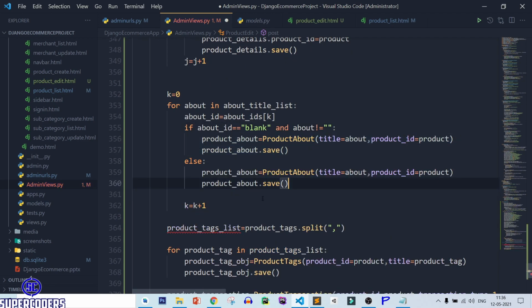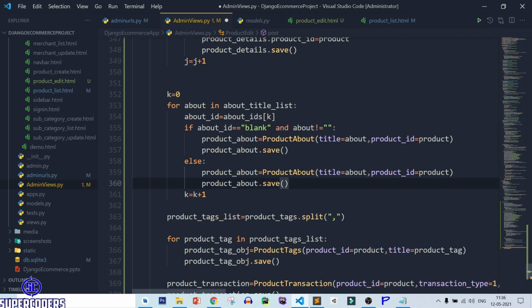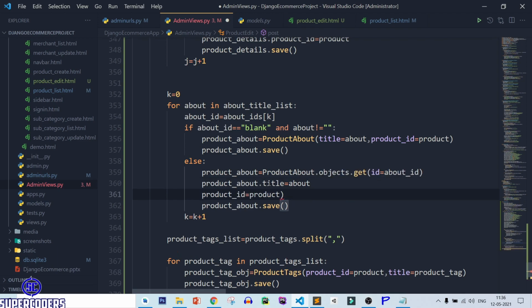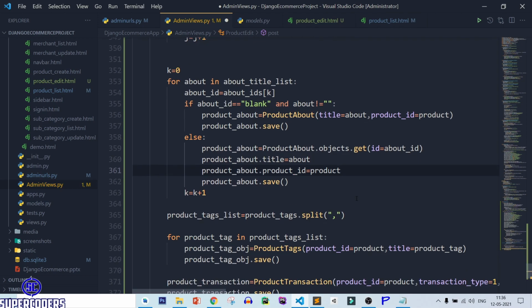So copy it, product about dot objects dot get id equal to about underscore id, and here product underscore about dot title equal to about, and product about dot product id equal to product, which is perfect.